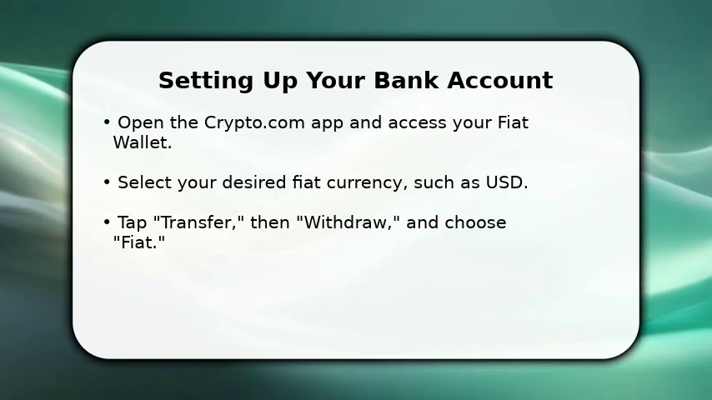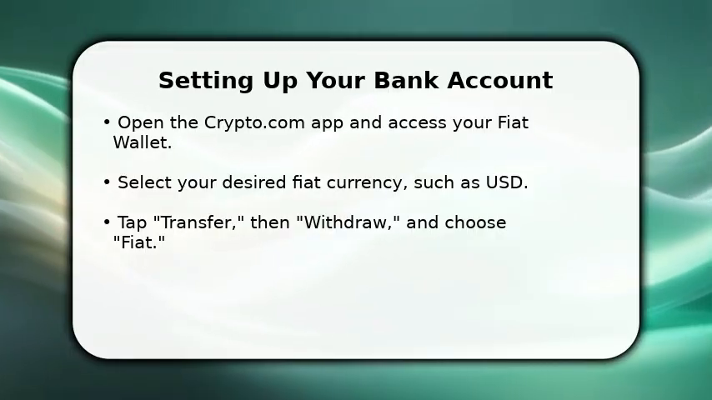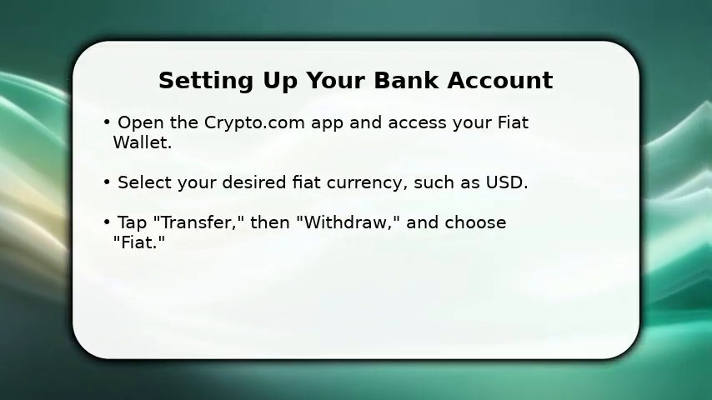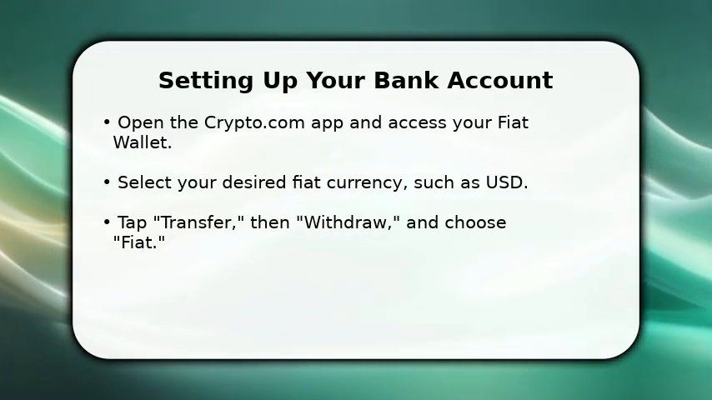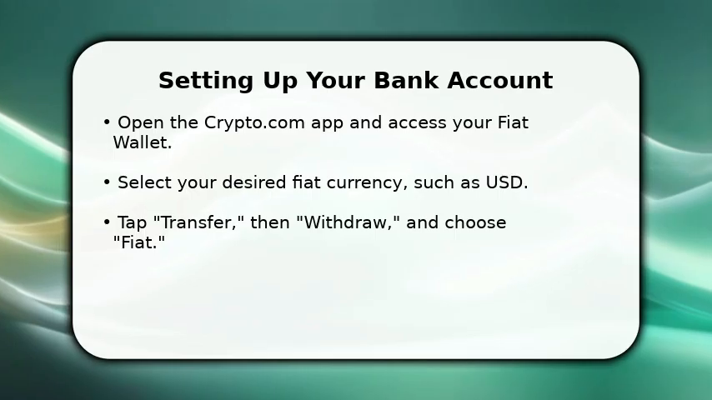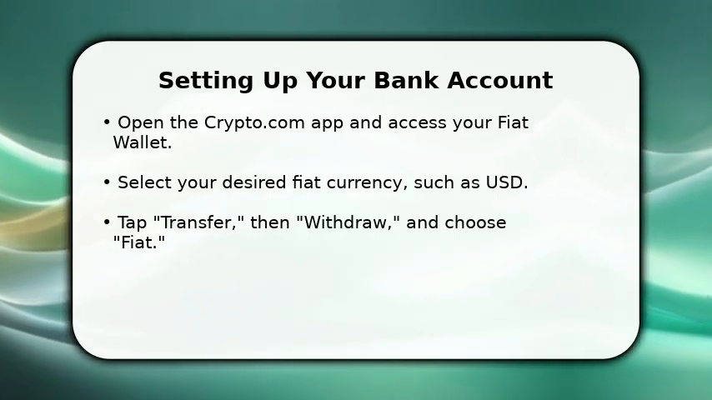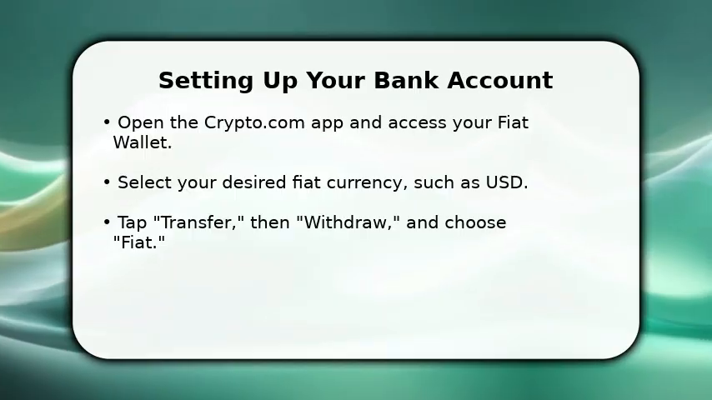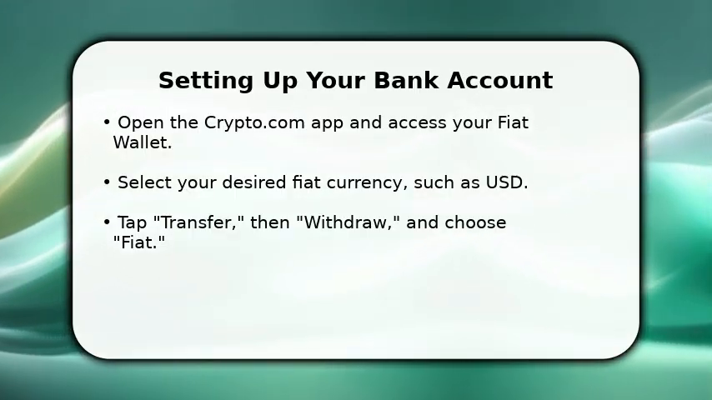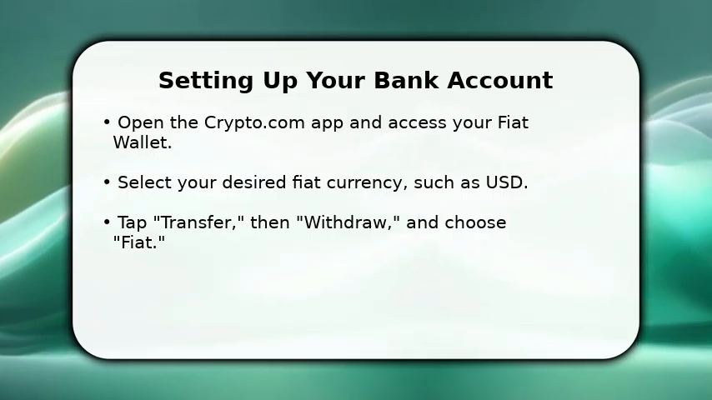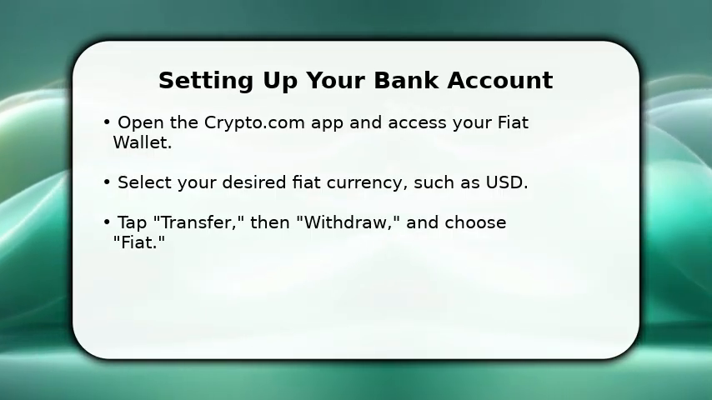In this video, I will explain how to set up a withdraw bank account on Crypto.com. First, open the Crypto.com app and navigate to your fiat wallet. This is where you manage your traditional currency. Next, select the fiat currency you wish to withdraw, like US dollars. Then, tap on Transfer, choose Withdraw, and finally select Fiat to begin the process of linking your bank account for